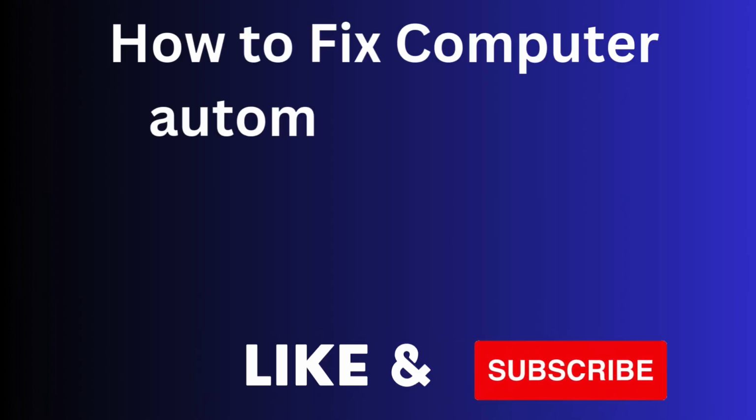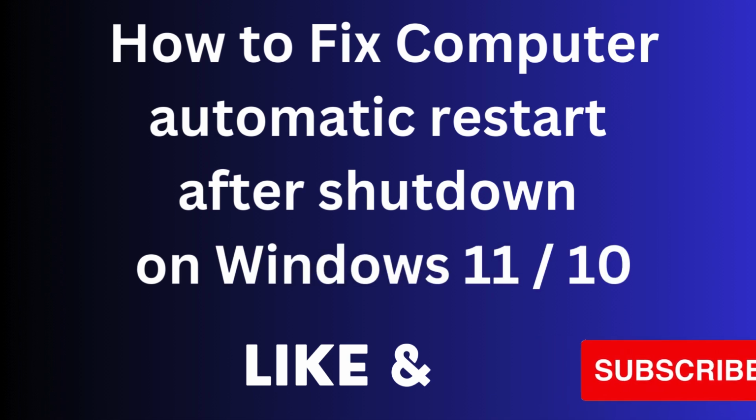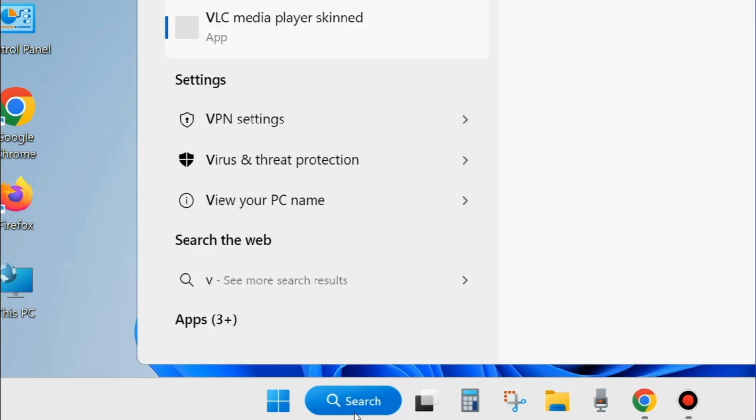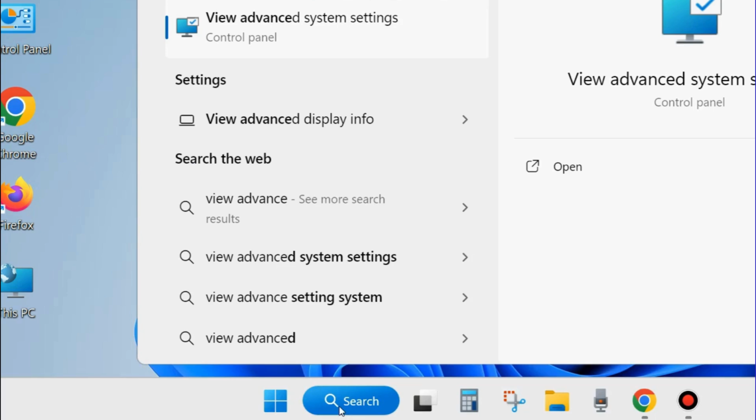In this video, we will see how to fix it if your computer automatically restarts after shutdown on Windows 11 and Windows 10. If you shut down your computer and it automatically restarts, then here are the fixes. And the first workaround is, go to Windows Search, type View Advanced System Settings,